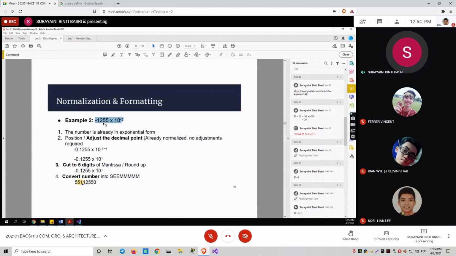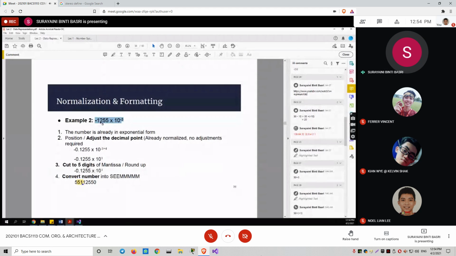Because it is already in the exponential. Previously, it was only a decimal number, so we needed to multiply it by 10 to the power of 0. But in this example, the question is already in exponential form. So the next step is to convert this to the